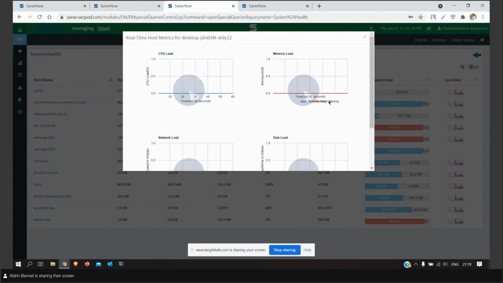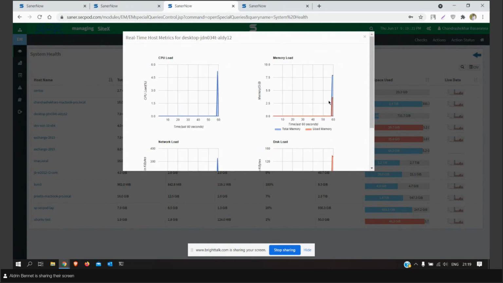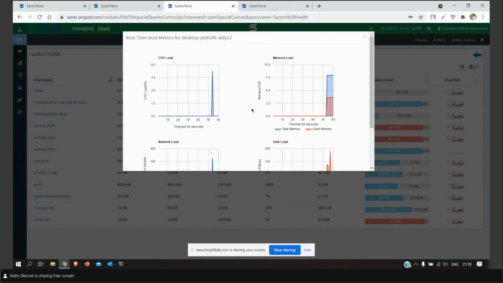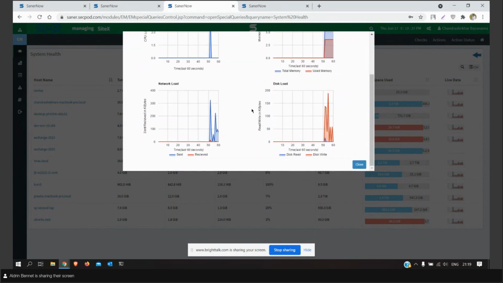And this dashboard also gives you the complete picture of all the resources that is being used, starting from the RAM to the CPU usage and to even the hard disk usage. So this is the exact output which you get in a task manager in Windows. If you go into the task manager in performance section, you'll be able to monitor the performance of your endpoint. Here we give a complete overview of that performance for all the endpoints.